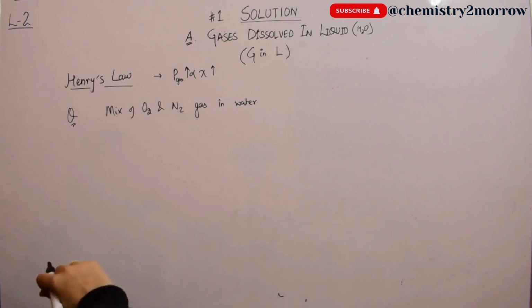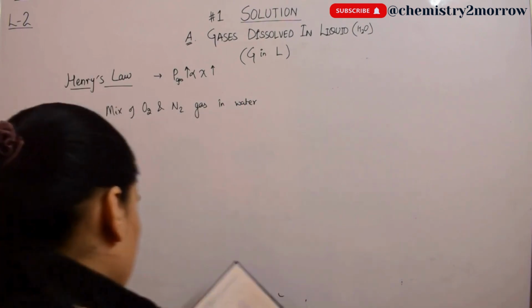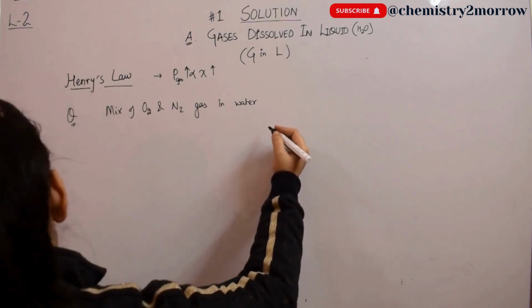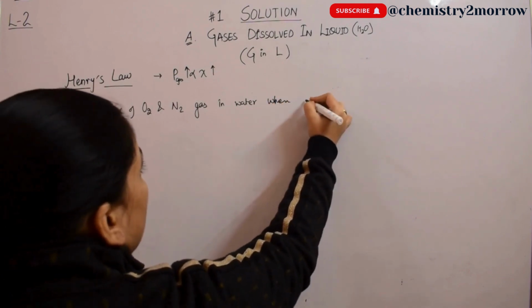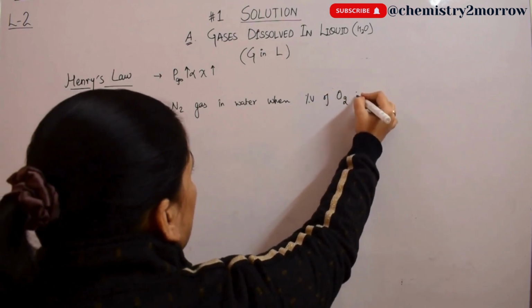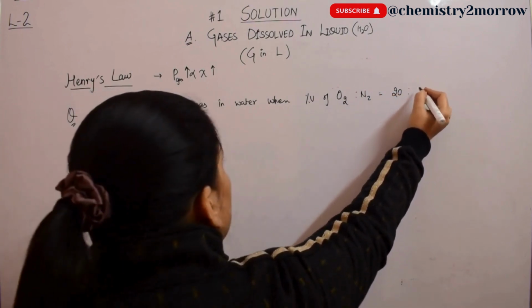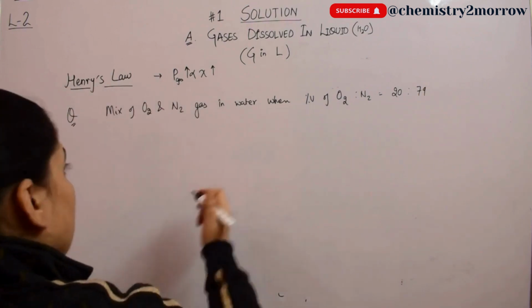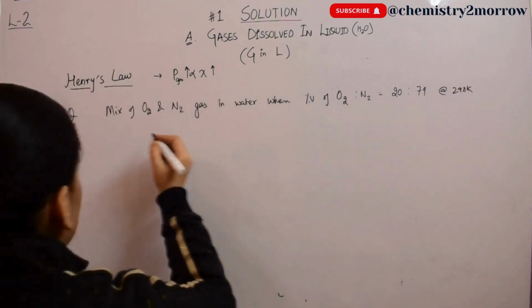So basically oxygen and nitrogen gas is dissolved in water, when the percent volume of oxygen to nitrogen is 20:79 at 298 Kelvin. So calculate